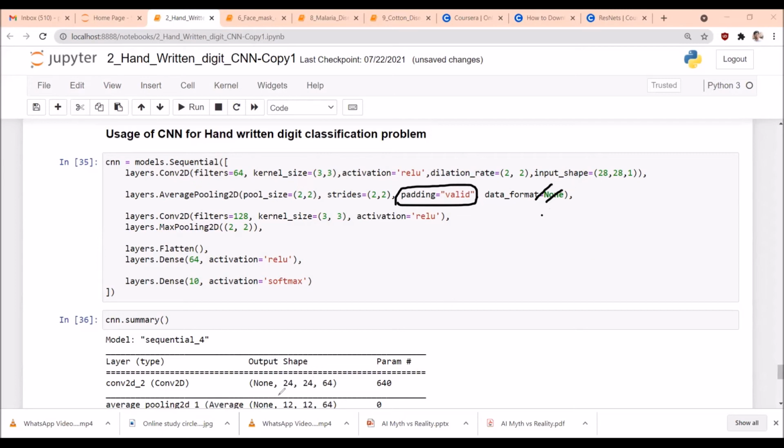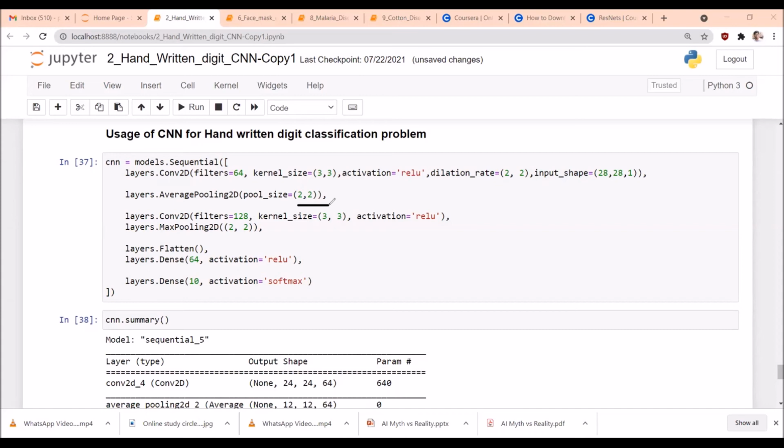First we mention the size, followed by the number of channels. Even if you do not use these two terms, the default values will be taken. And the stride is 2 by 2. Now I have not mentioned the strides, and I have not mentioned the padding. When I do not mention the padding, it is considered no padding, which means valid padding.